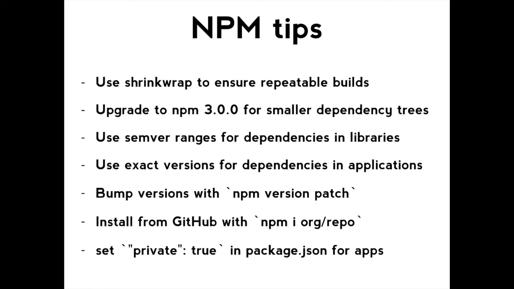And make sure in your applications you set private to true in your package.json to ensure you don't accidentally publish it to npm. You'd think that most people wouldn't do that, but I get almost daily emails asking me to remove npm modules from libraries.io where someone's accidentally published their source code to npm. And of course, libraries has found it within 10 minutes, indexed it, and then Google has indexed that. And so then it shows up on the homepage for the JavaScript GitHub repos.